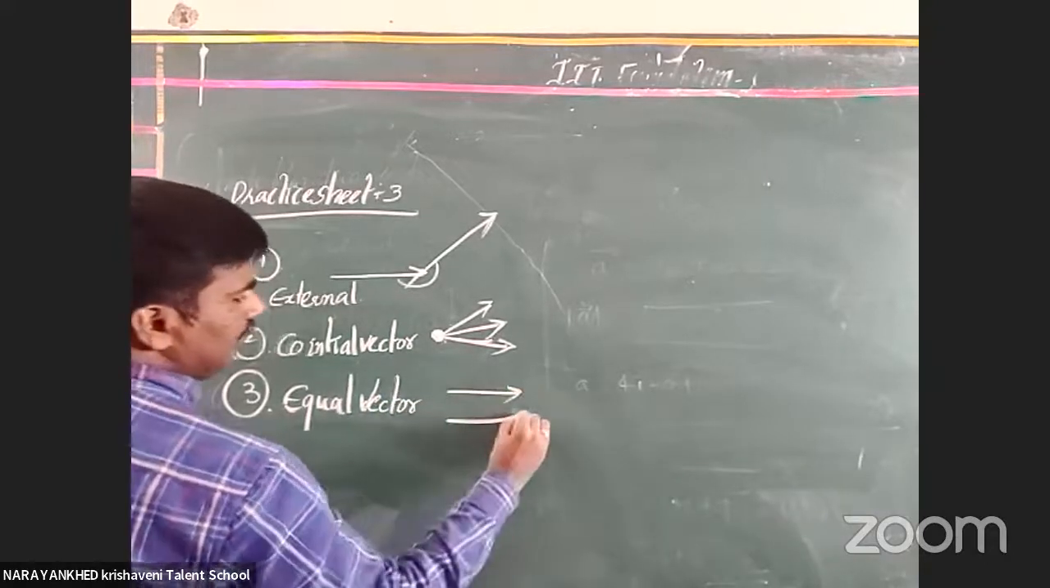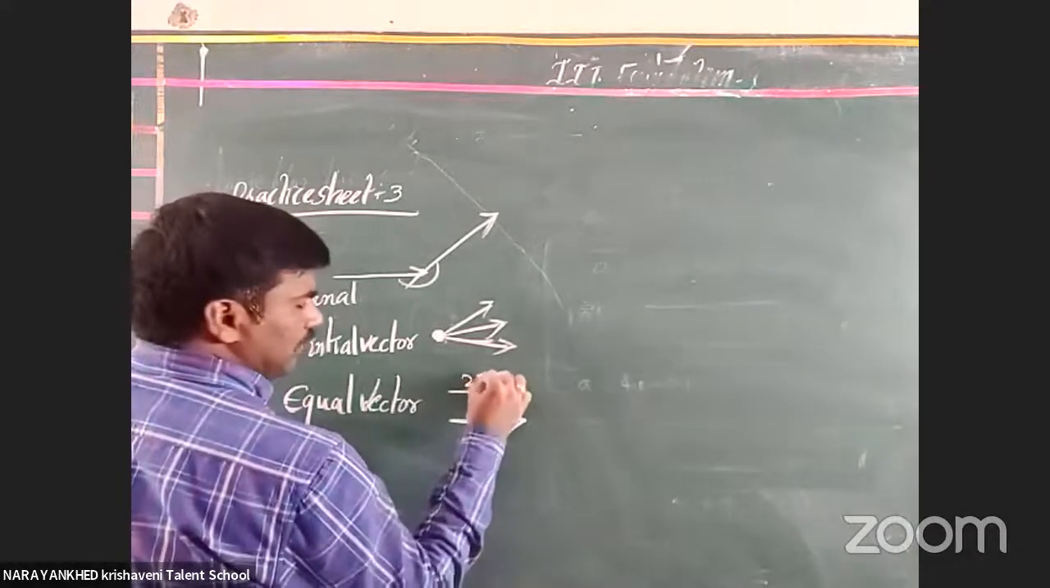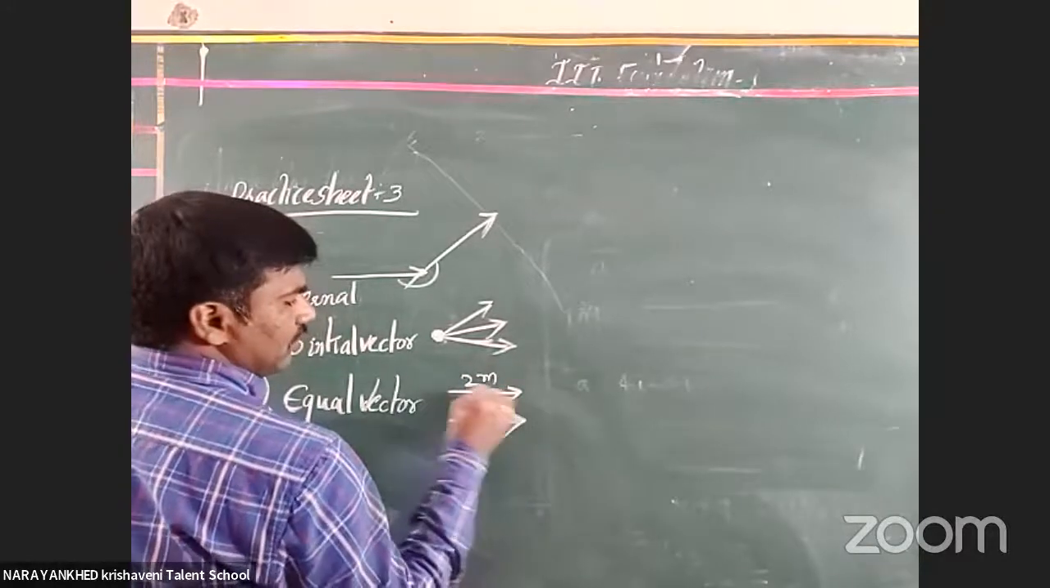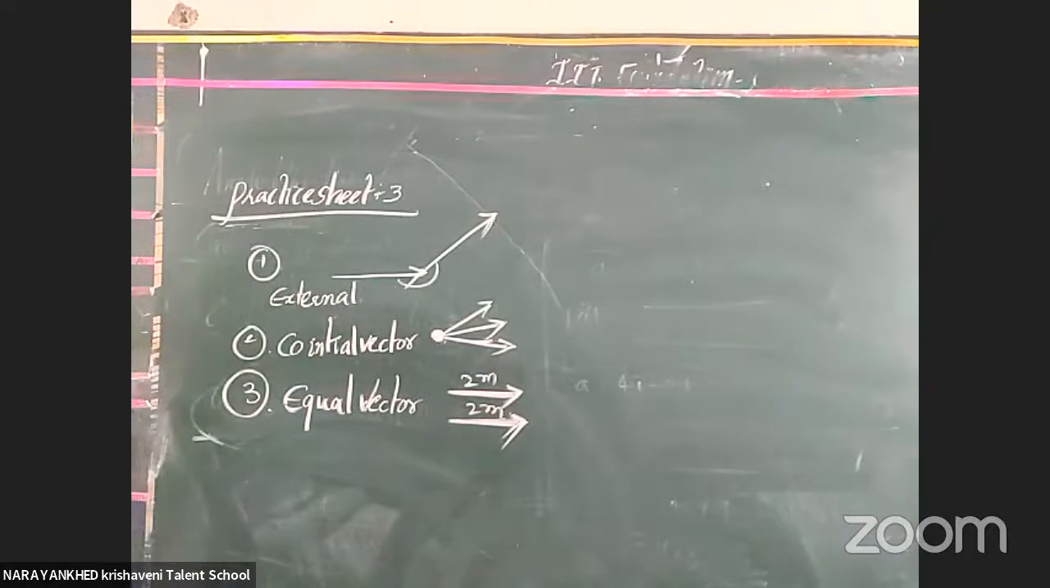Here we are taking vectors of this form. What are they called? Equal vectors. In case they have the same magnitude, and the direction is also the same, those vectors are called what? Equal vectors. Next,